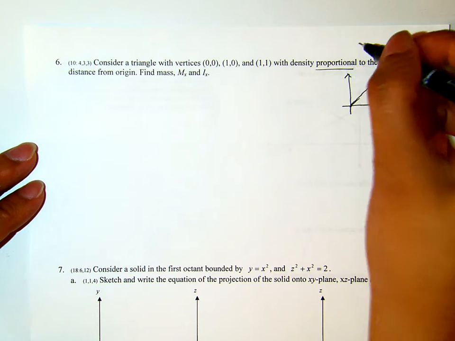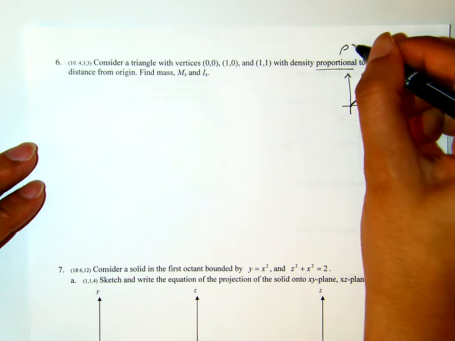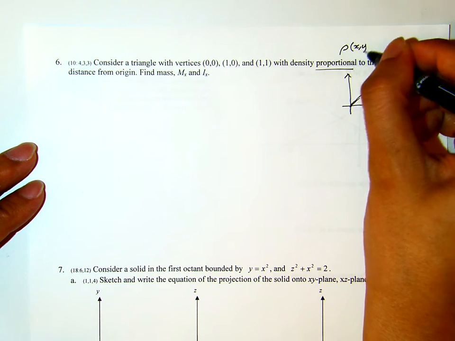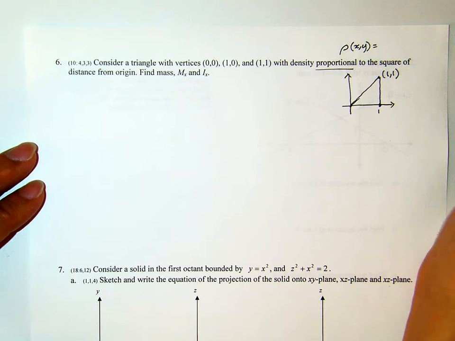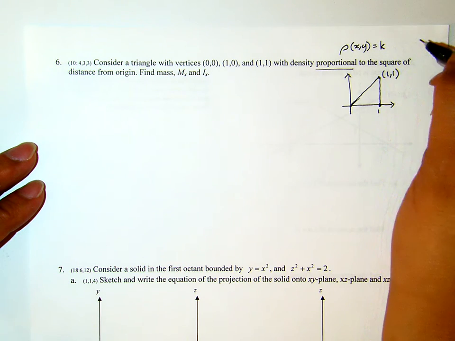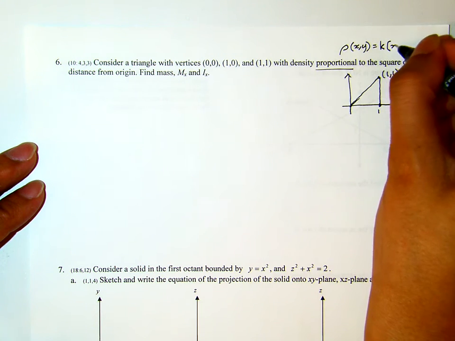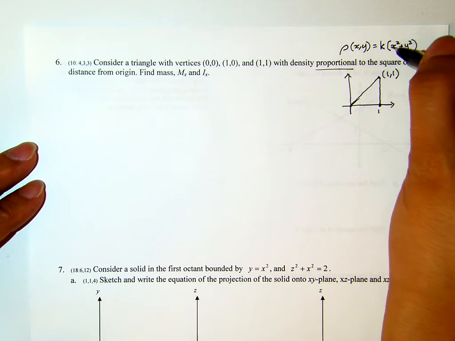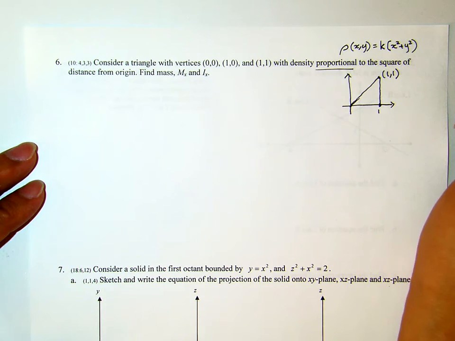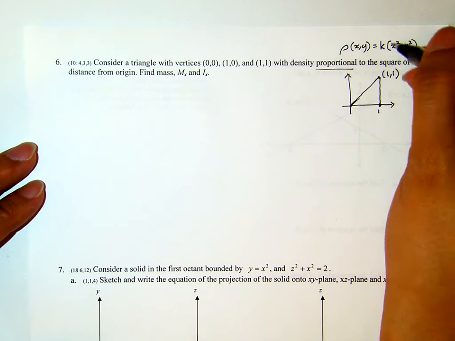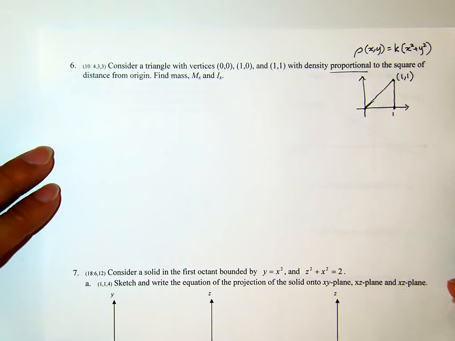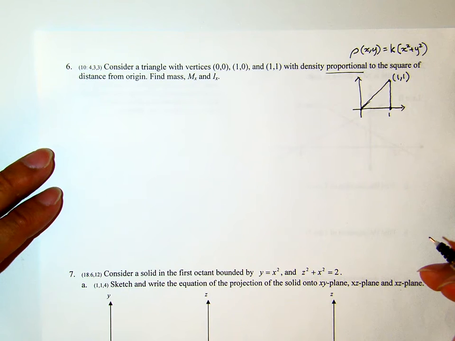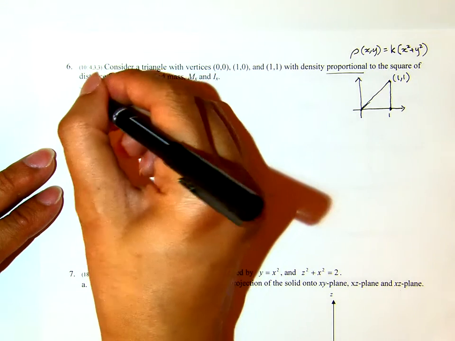And then the density is proportional to the square distance from the origin. The distance from the origin is supposed to be with a square root. Now here is the square distance, right? So that's the density. Now the question is then find out the mass of this triangle. Okay, the mass